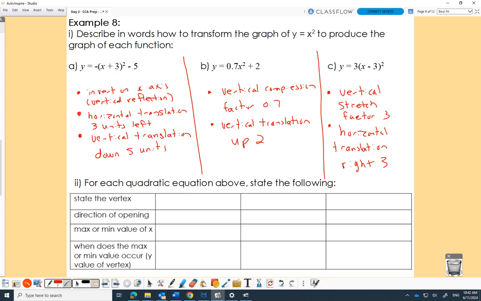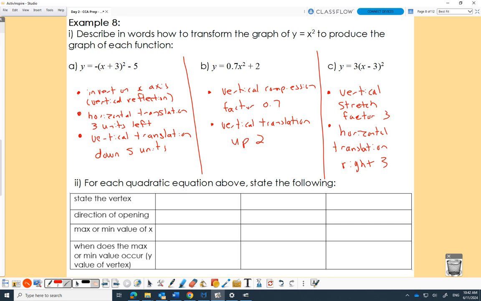With 3 short examples, we covered all the things that could happen. Left, right, up, down, stretch, compress, reflection. Good reference sheet, yes, for both the CCA and for studying for the exam. Everything's there. We sat down and thought it out carefully to make sure our examples covered everything that can